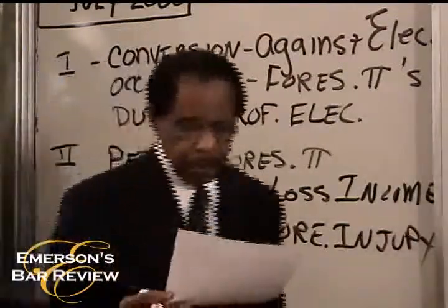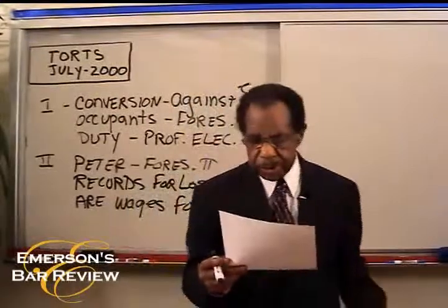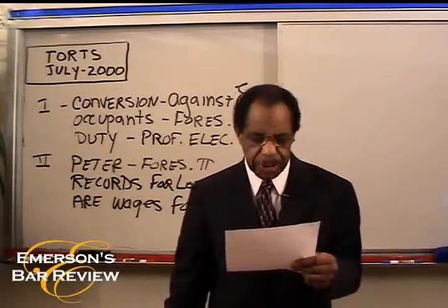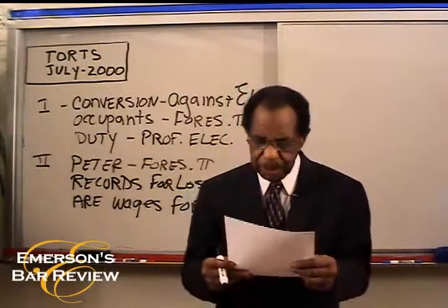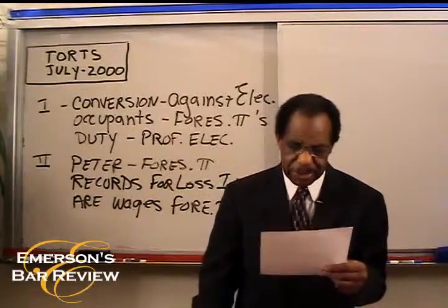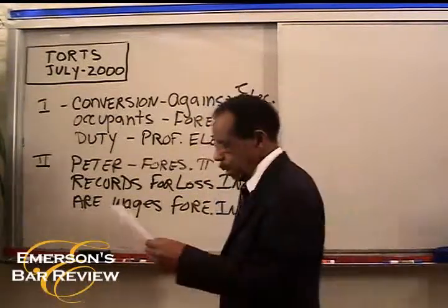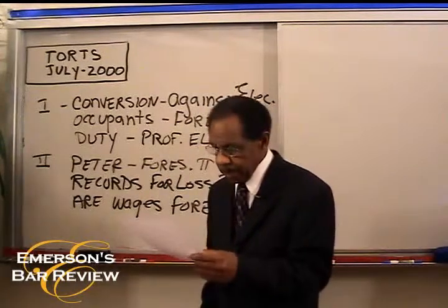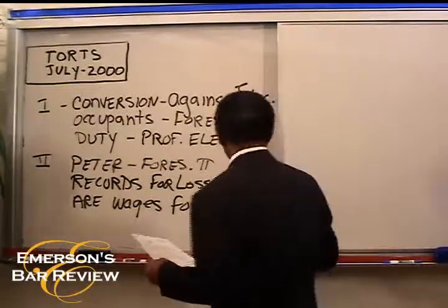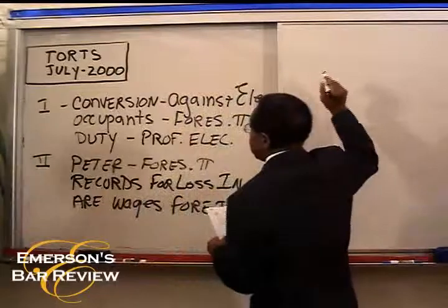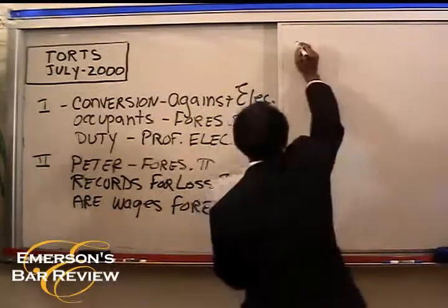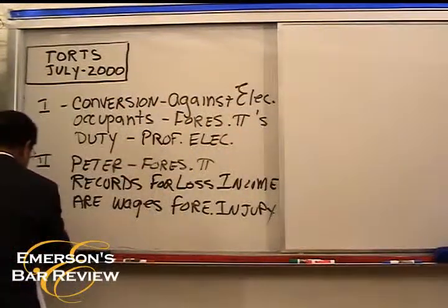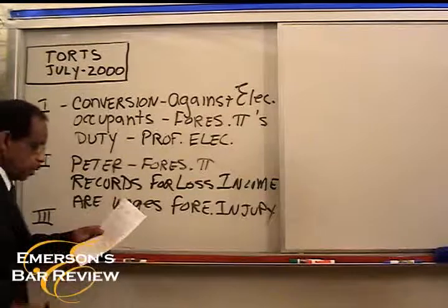Next paragraph. Dan's installation of the transformer caused power surges, so you've got causation, caused power surges each time his kiln was turned on and off. Soon after Dan had installed the transformer, Peter's computers began to malfunction and were severely damaged. And as a result, so let's put some of the stuff here. I'm going to put number 3 here. I don't want to use too much space over there. So in our third paragraph,